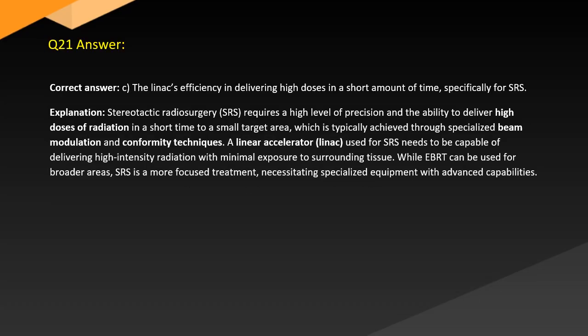Answer. Correct answer C. The LINAC's efficiency in delivering high doses in a short amount of time, specifically for SRS. Explanation. Stereotactic radiosurgery (SRS) requires a high level of precision and the ability to deliver high doses of radiation in a short time to a small target area,